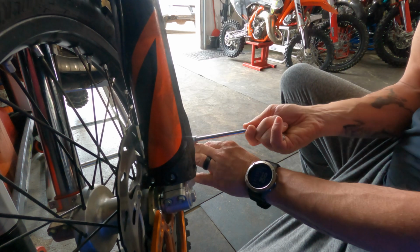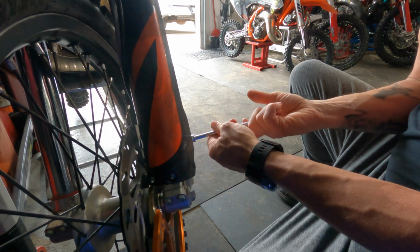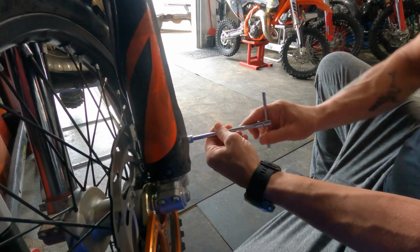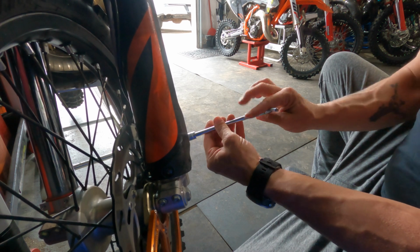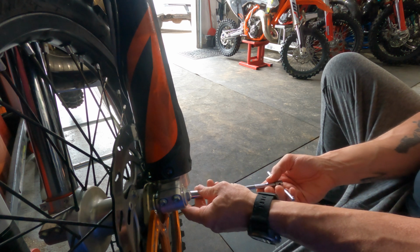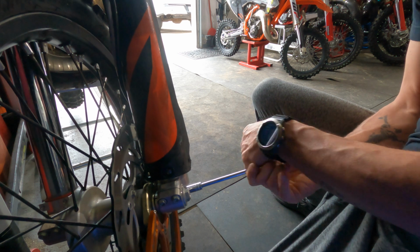I got a gun case. I initially got a gun case that would fit the front fine, but then after speaking to Joe, I quickly came to realize that if I'm going to do it right, I need to get the front and rear. So I actually have to take the front off of this bike, which is the Explorer Pro, and also take the rear off of my Gas Gas EX300,